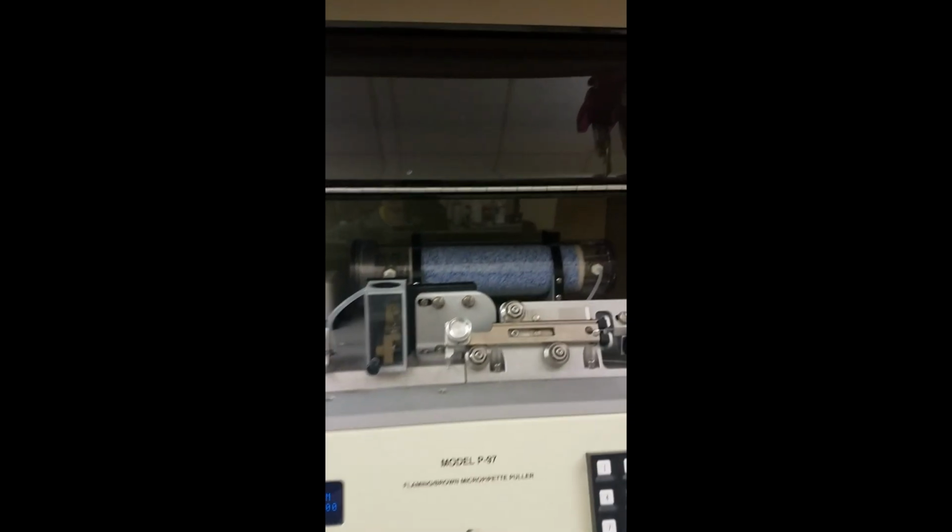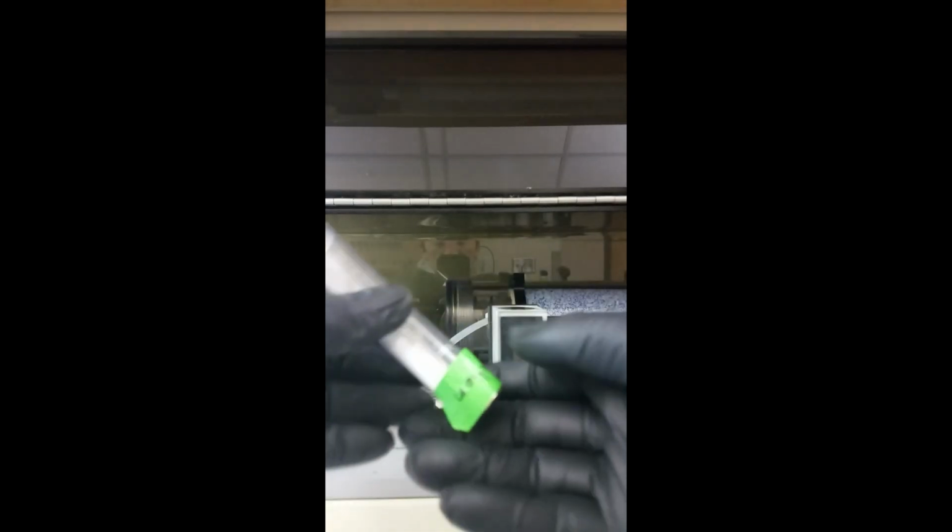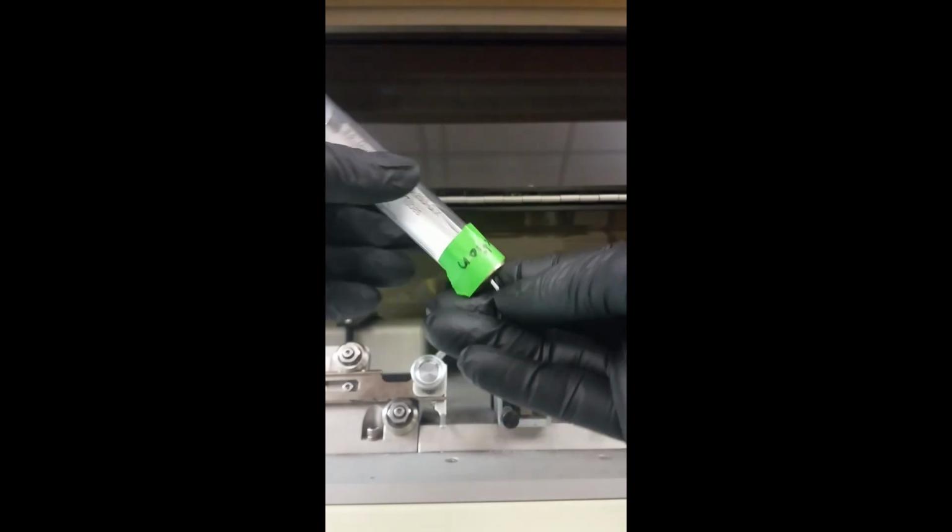For injections, the tubes that you use to pull tips with are these ones. They usually have a green label on them, but here is the size that you want, and you can just shake them out of this little container like that. The whole key about pulling tips is you want to make sure that you do not damage the filament that is in this box. So to do that, you have to carefully